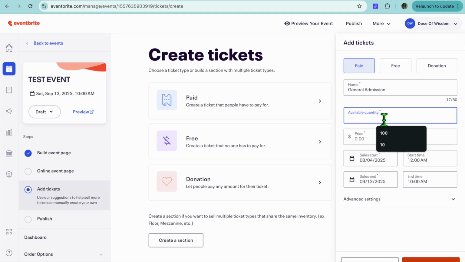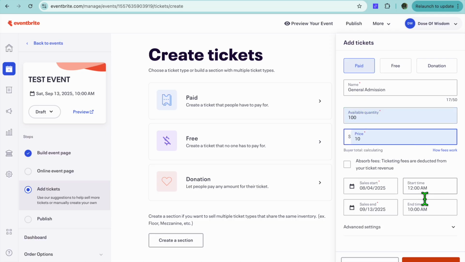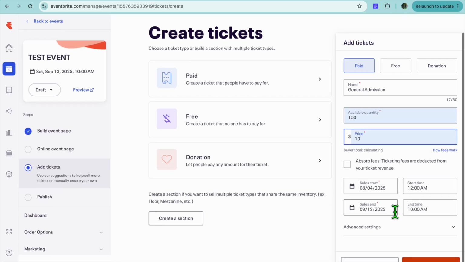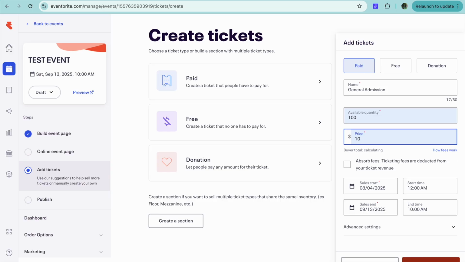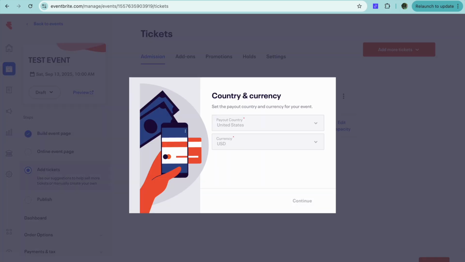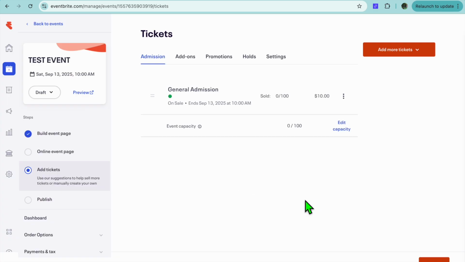After selecting paid, you're going to put in the quantity of tickets, and you can put in the price that you would like to sell the tickets for, and choose the date that you would like to start selling the tickets. After doing that, you're going to tap on save once more in the bottom right hand corner, and once here you can choose the currency. After doing that, right where you see general admission, you're just going to tap on the 3 dots in line